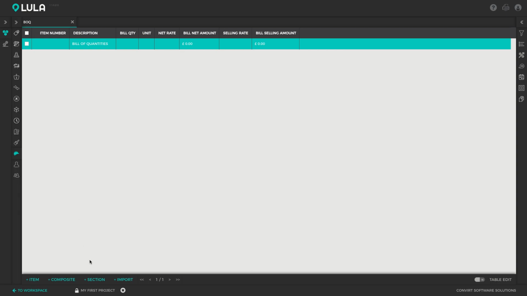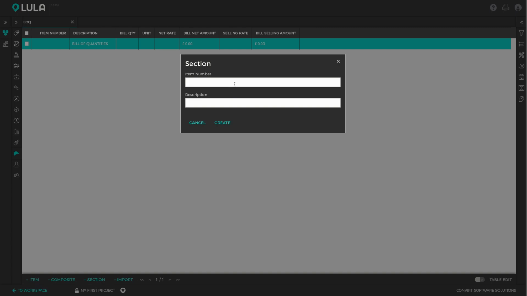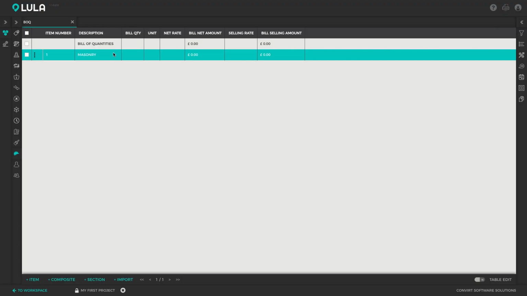of our masonry items. Then I'm going to click the plus section button, and you must then select the parent section. So you want this section to fall underneath the bill of quantities section. And we can then fill in the item number and the description. So let's just give it an item number of 1. And let's give it a name of masonry. Create. So that then creates a subsection for us, and we can now add all of our masonry items directly